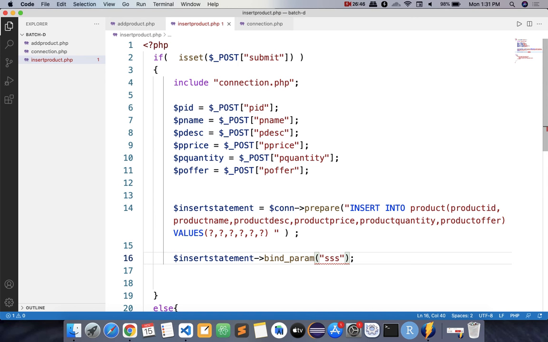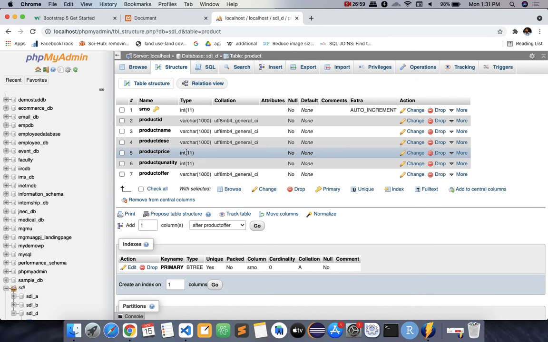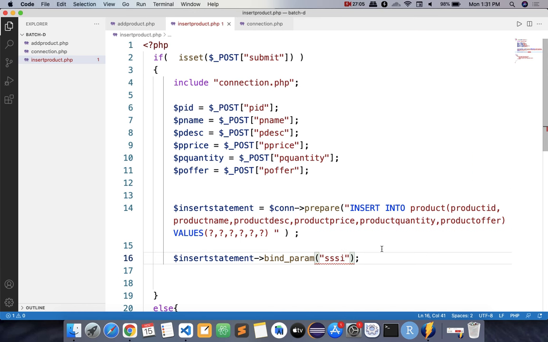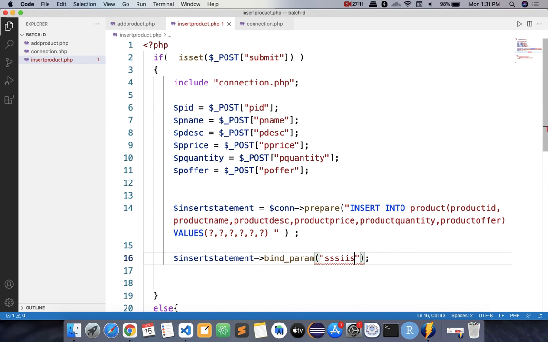Product price we have kept as float, so write I. Product quantity, we'll check it once. Price is integer, quantity is integer. Okay. So price is integer, quantity is integer, and next one is varchar, right? So I is for the integer and the rest are strings. So total 6 values, comma,